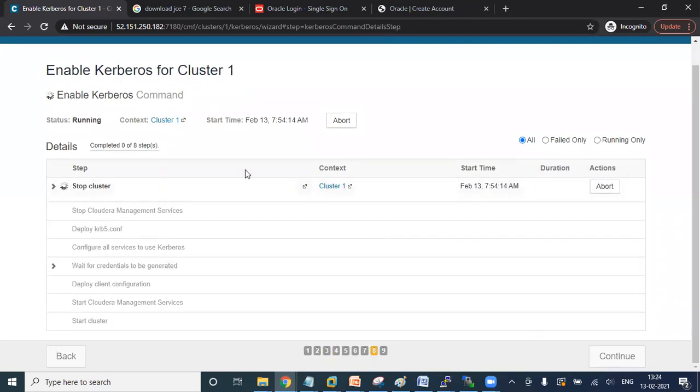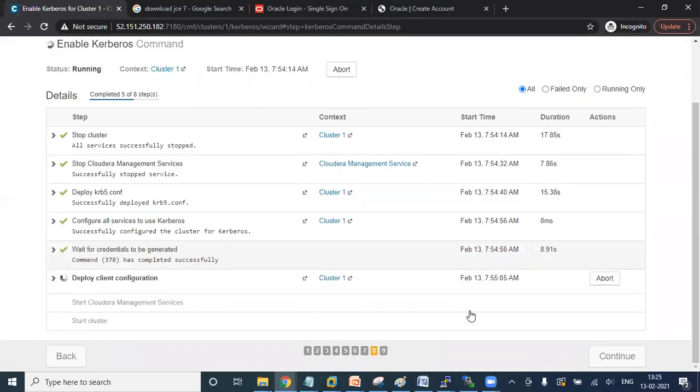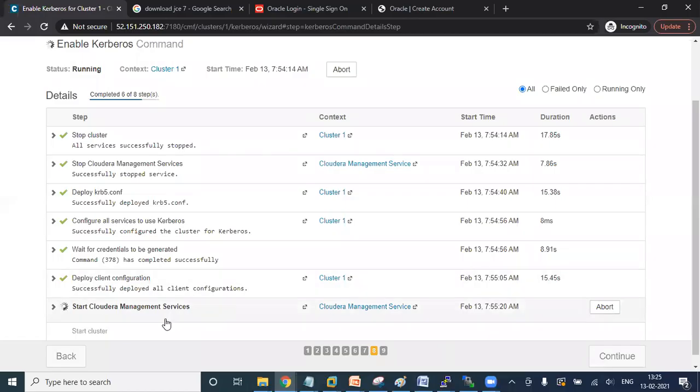Stop all the services, enable Kerberos and start all the services. Now it's starting our management services.